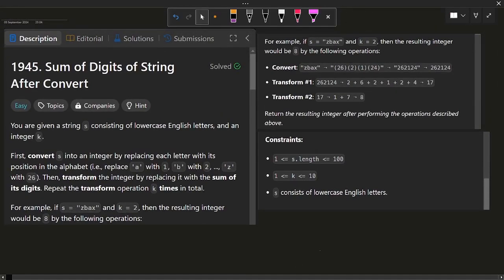So we have this problem 1945 of Leetcode, sum of digits of a string after convert. Now the problem states that given a string s consisting of lowercase English alphabet and an integer k, first convert s into an integer by replacing each letter with the position of the alphabet. So if we have a lowercase English string as ABC,